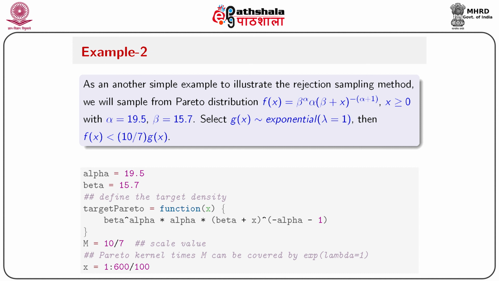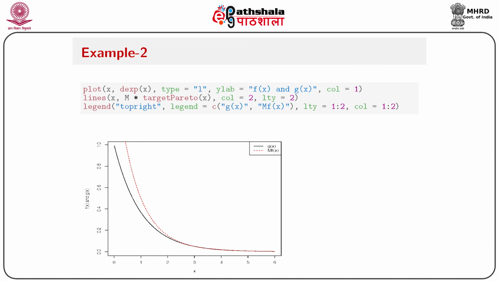To implement this, first we assign alpha equal to 19.5 and beta equal to 15.7. Then for the target Pareto, we have to define the target function. So the target density, target Pareto equals function(x), and then I'll write that expression, beta to the power alpha times (beta + x) to the power minus (alpha + 1), in R format, and then m is assumed to be 10/7, that is already specified. And the Pareto kernel times m can be covered by the exponential with lambda 1, so x equals sequence 1 to 600 divided by 100. Then we can plot the x with